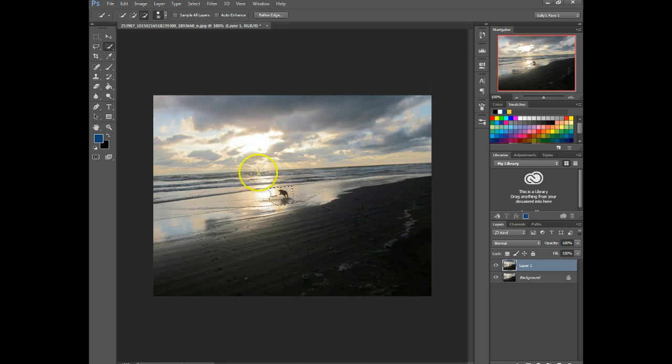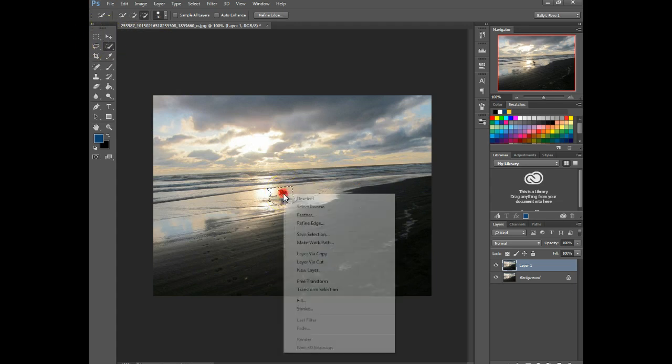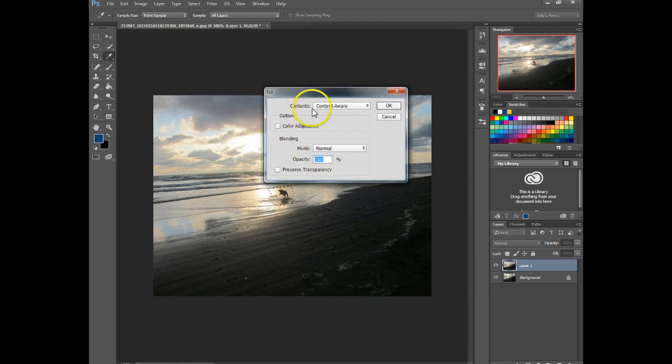So okay, I have my area selected, and I don't need to choose my move object pointer or anything to do this. Just right click and choose fill, and content aware.